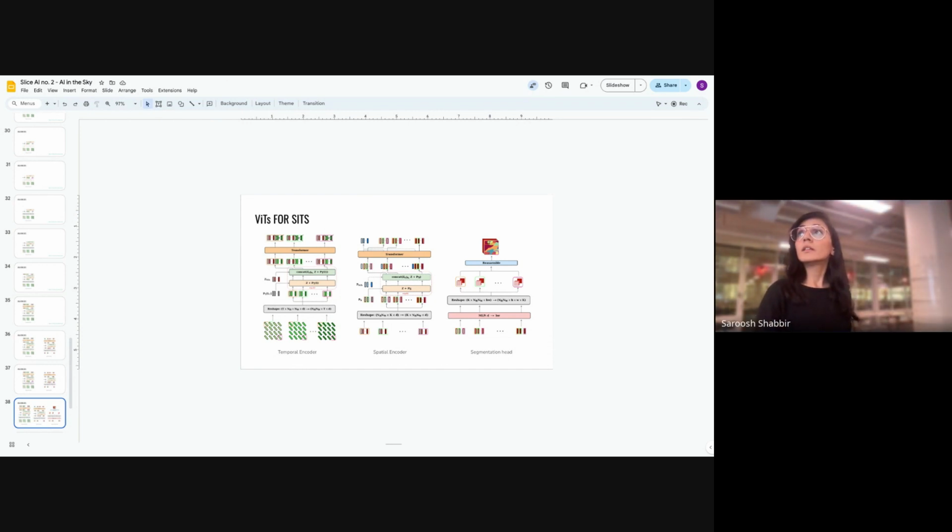Yeah, so exactly. If they did spatial first and then temporal, this is their mean intersection over union for the crops, crop segmentation. And if they do temporal versus spatial, it increases by this much. So there's quite a gain there. So these numbers would likely look very different if the motive was something else. Yeah, exactly. So that's the design choice that would be informed by the data and the use case.